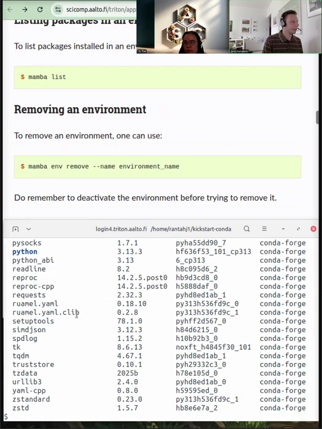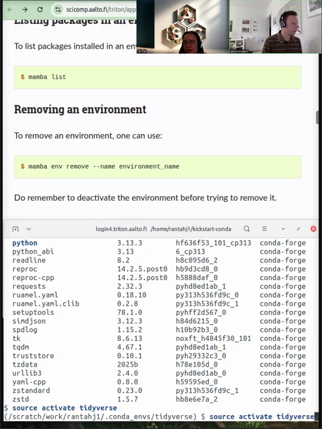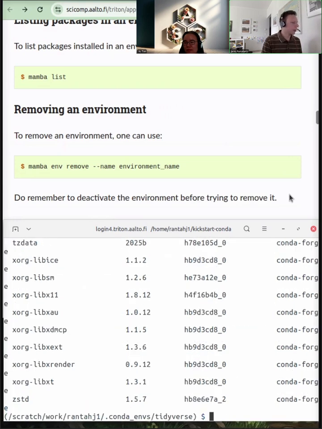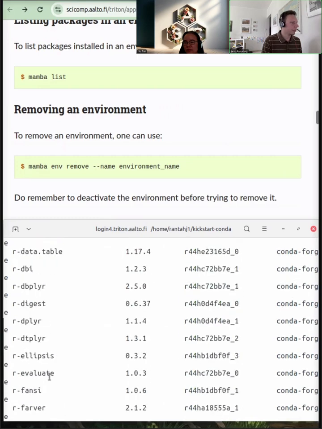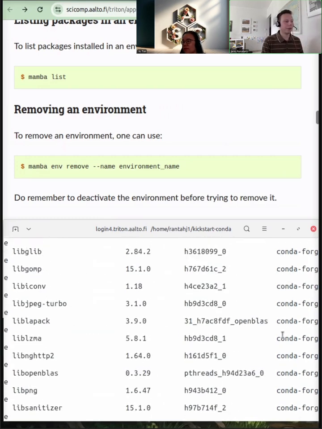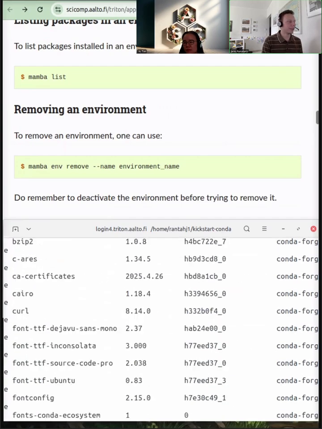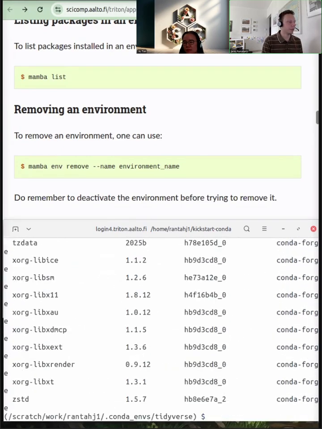I was not in an environment. I exited the main. So okay, if you are in an environment, you can list. So let's activate the environment. Tidyverse, source activate tidyverse, and let's try. So you can list all of the packages that are in the environment for additional reproducibility, to make it extra clear what's in it, and to do some debugging on what is installed in your environment. Okay, you can also remove an environment, but really